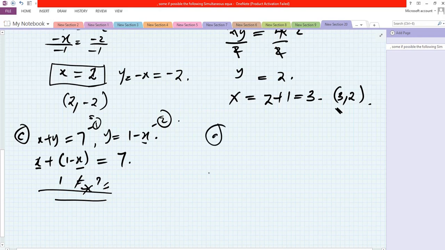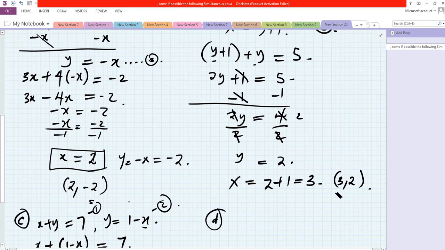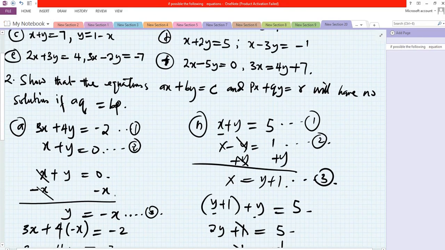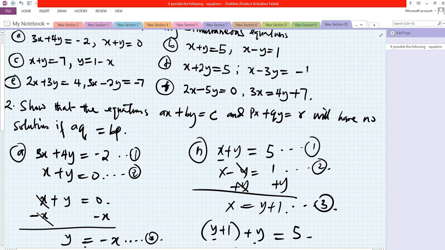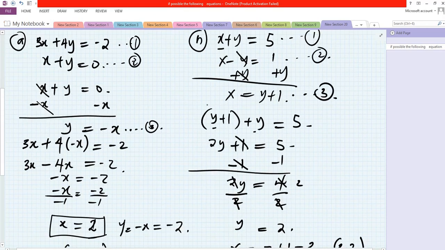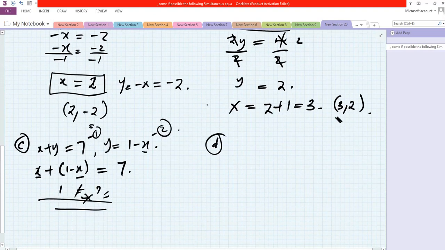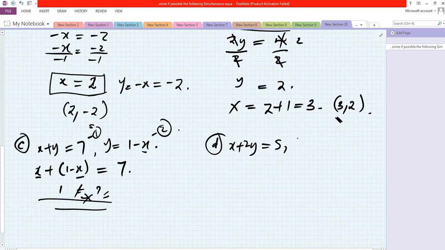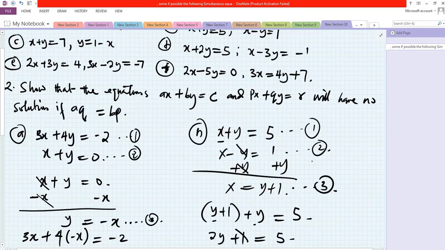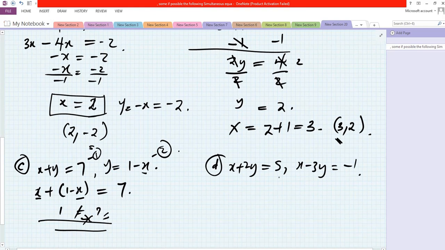Now the D you have, maybe that was why they say solve if possible. So now the D you have x plus 2y equal to 5. Then this other one you have x minus 3y equal to minus 1. Now